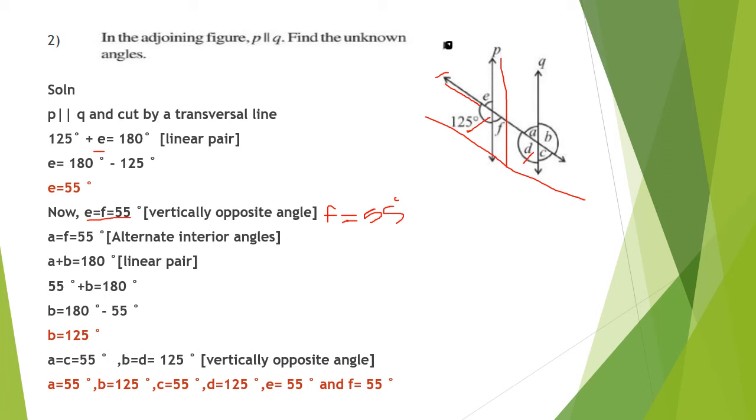Okay, so here you can do it in another method. In the beginning itself you can find the value of D, because corresponding angles are equal. Or else you can do this calculation and find it using vertical opposite angles. That method also we can apply. So for maths, you can use different methods to solve a problem. In different textbooks, you can see different methods and different calculations. So you can understand any one concept and follow that.